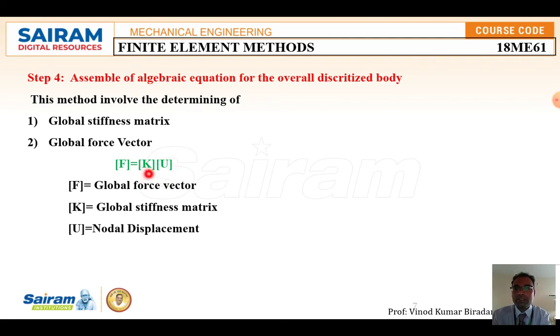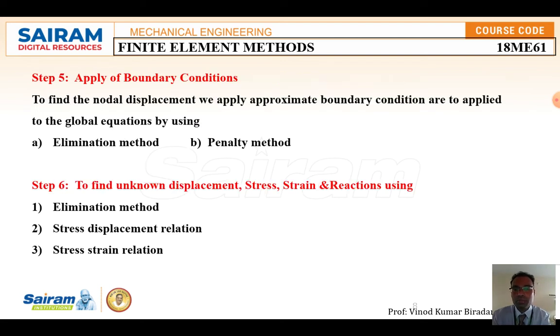Where K is the global stiffness matrix, F is the global force vector, and U is the nodal displacement. So the fourth step is to assemble all the element stiffness matrices, which gives the global stiffness matrix. The fifth step: if you want to calculate the stress and strain of a particular given plate,